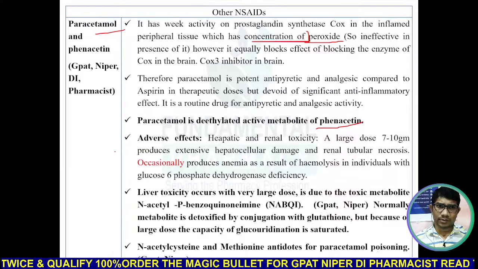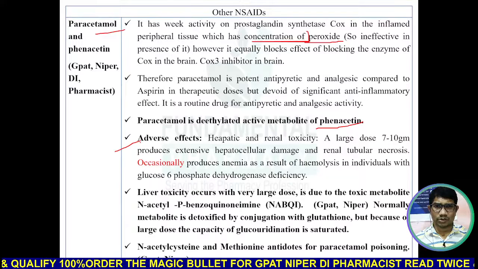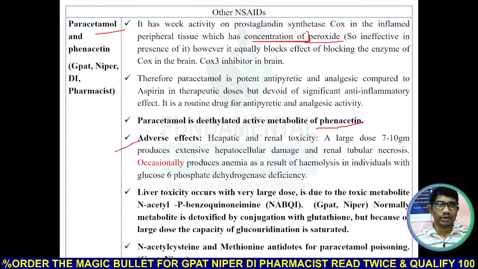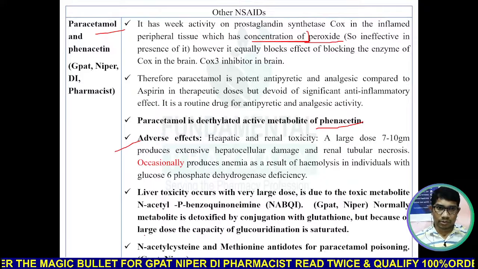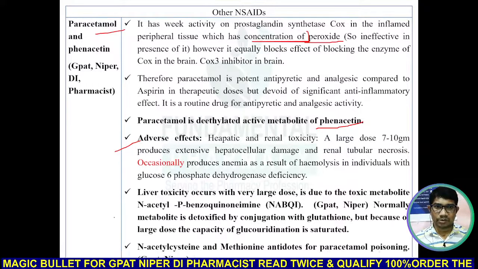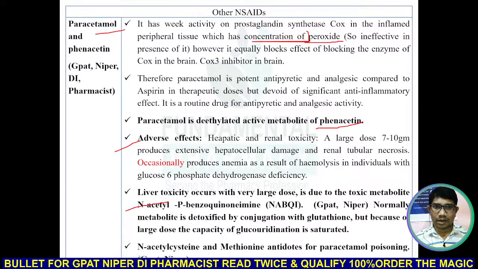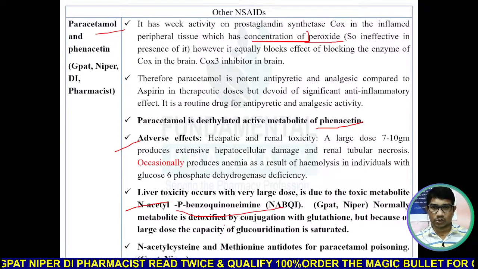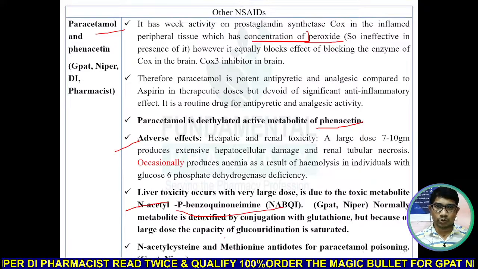We have seen the adverse effects. Nausea, vomiting, diarrhea are common adverse effects. But if you take paracetamol beyond 6 grams per day, it may damage your liver and kidney. Why? Because of the generation of a toxic metabolite known as N-acetyl-para-benzoquinone imine. That is very important. A question on this has come many times. And that metabolite is removed by